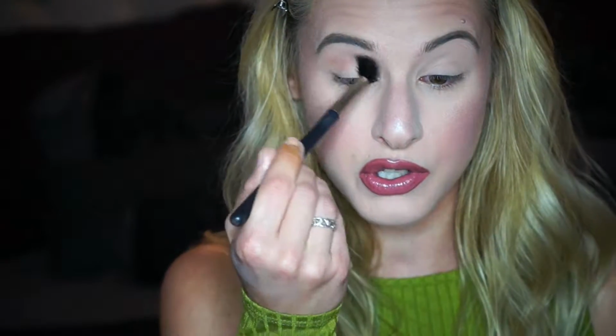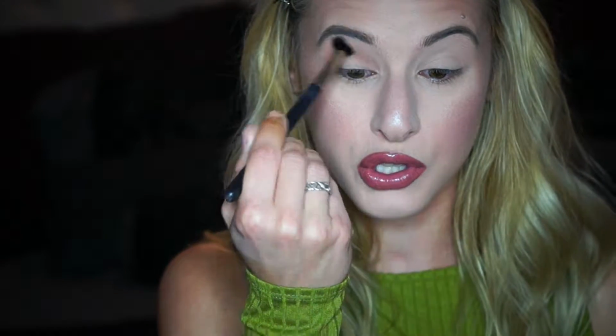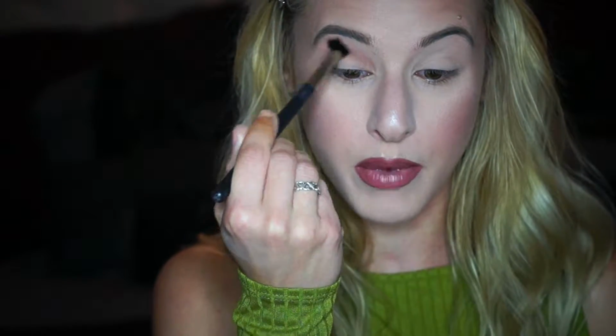Alright, so I am just going to jump in here, and I'm going to start with a transition shade. I'm going to use my MAC 224 Big Fluffy Blending Brush for the crease. And I am going to start with this shade right here. It's kind of like a light warm brown. I'm just going to pick that up, tap off any excess product, and start sweeping that in windshield wiper motions in my crease,